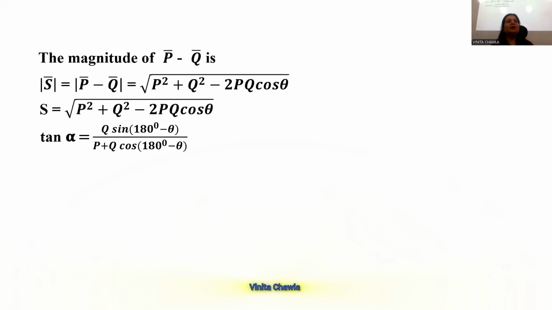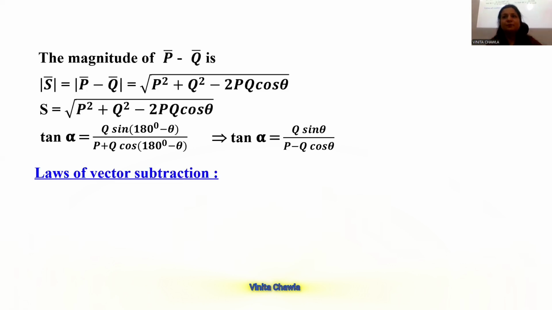So q sin theta, in place of sin theta, now we are writing sin 180 degrees minus theta, and for cos theta, we are writing cos 180 degrees minus theta. Sin 180 minus theta is sin theta, and cos 180 minus theta becomes minus cos theta. So we can write alpha as q sin theta upon p minus q cos theta. Okay, write this. हो जाएगा,